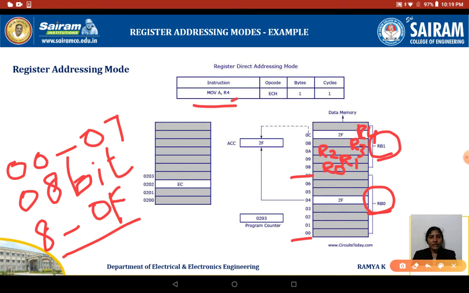So inside this R4, what data is available? 2F. That will be moved on to the accumulator as accumulator content. So it is your register addressing mode. The register which specifies the address will be present in the instruction.